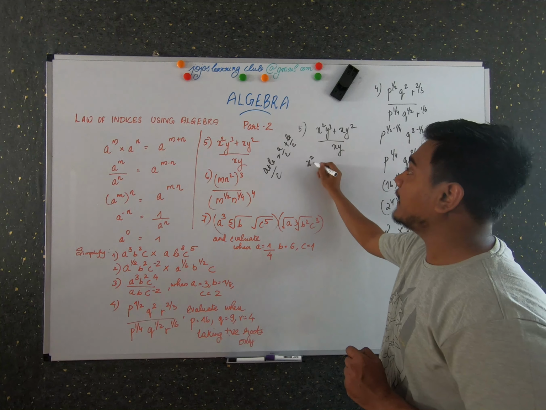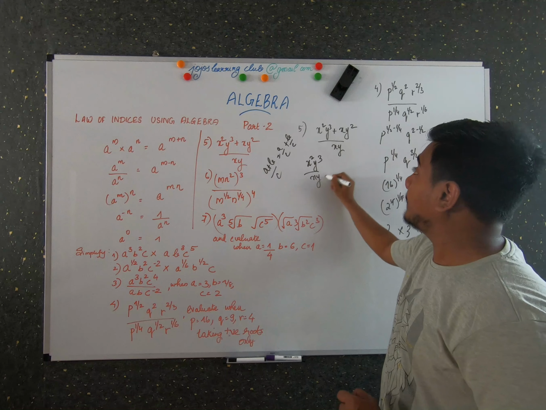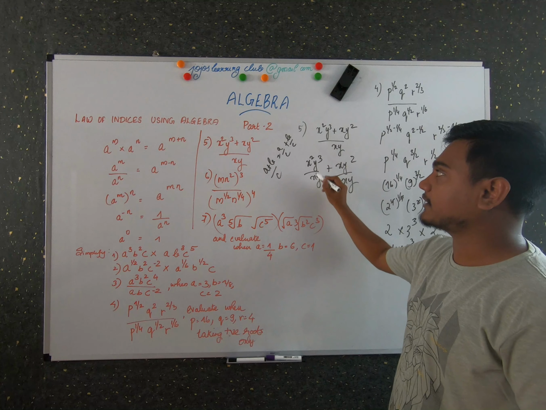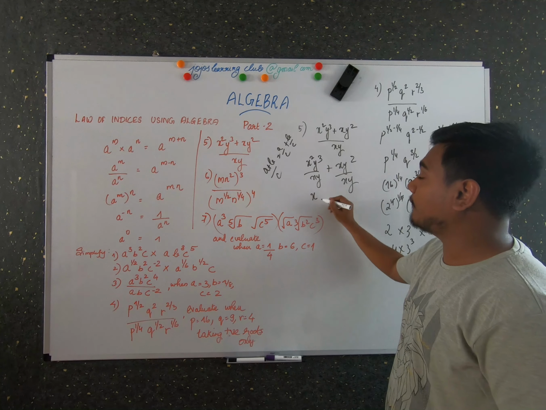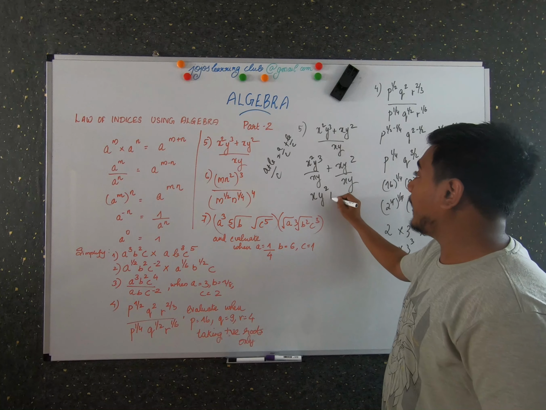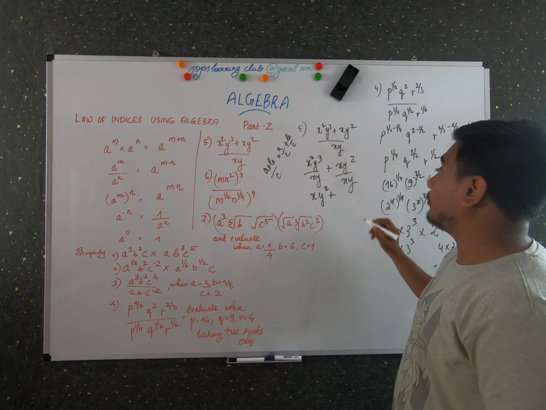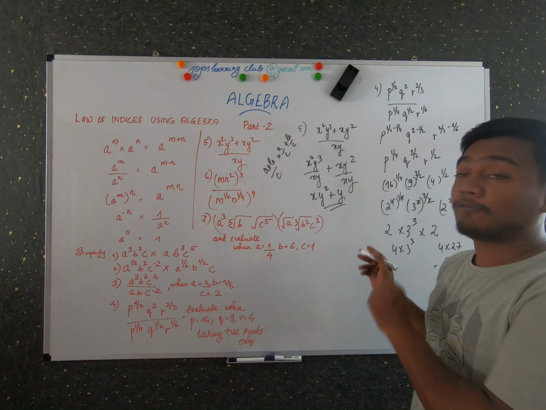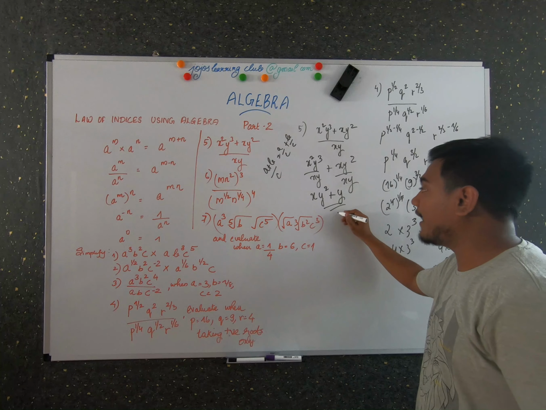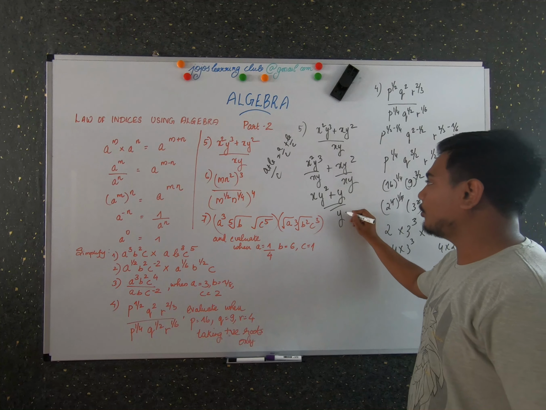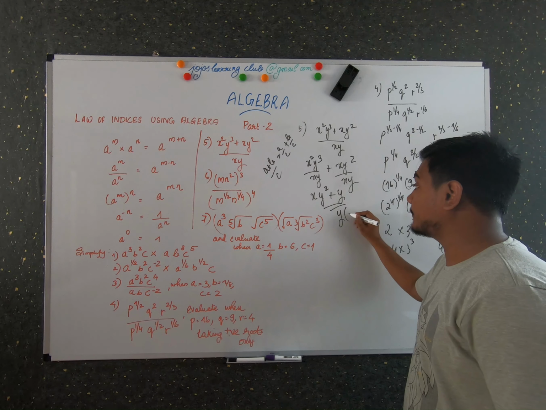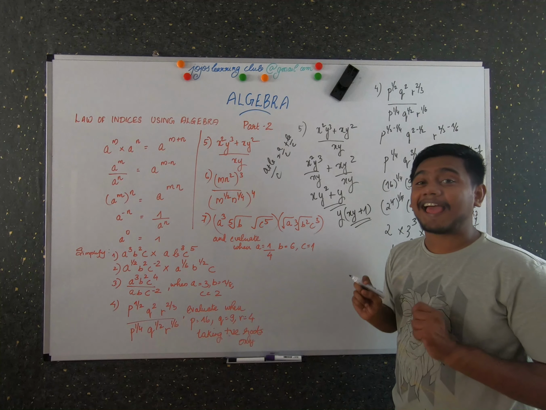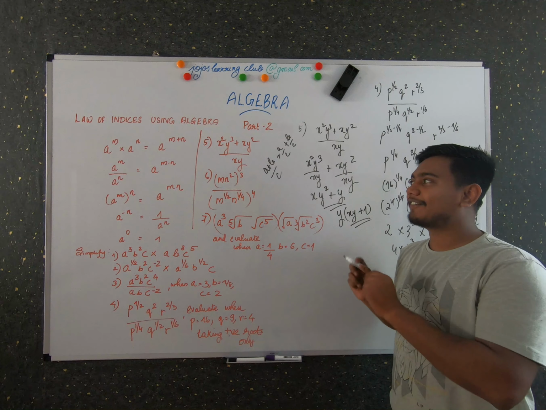So here you can write x square by xy plus y cube by xy plus xy square by xy. So you know that x square divided by xy is x, and y cube divided by xy is y square, and what would be here? x gets cancelled, and xy square divided by xy is y. So again you can simplify it. What is the common factor in it? y is the common factor, right? So you can take it out and write it as y times (x plus y plus 1). So this is the final answer for problem number 5.